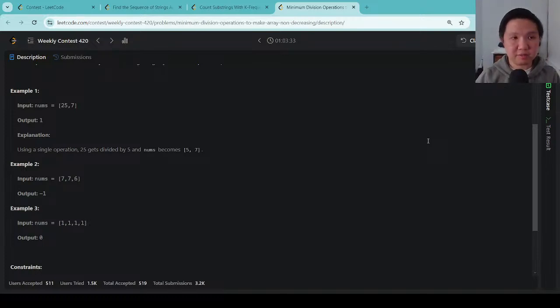Oh, actually, I don't need to find all the factors. I need to find the largest factor. Then probably what I want to do is just go for f in range, square root, and it will stop before it reaches 0. So yeah, I have to find the largest